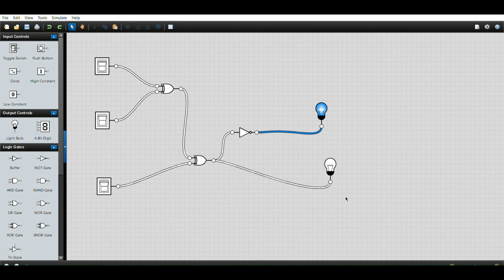So this is the fifth experiment, which is the parity generator. In this experiment, we have 3 inputs and 2 outputs. The first output is for odd parity and the second output is for even parity. When your inputs are 0 0 0, your odd parity will be 1 and your even parity will be